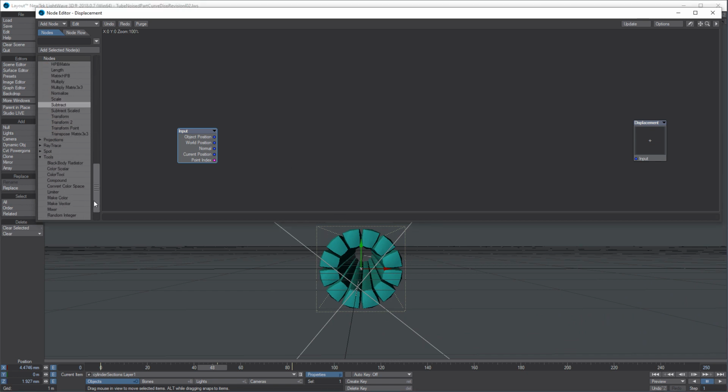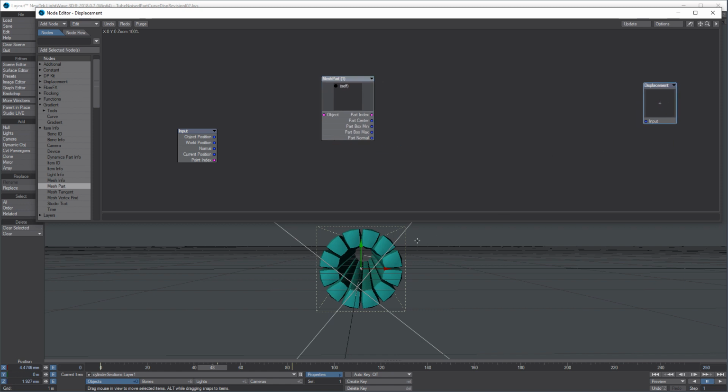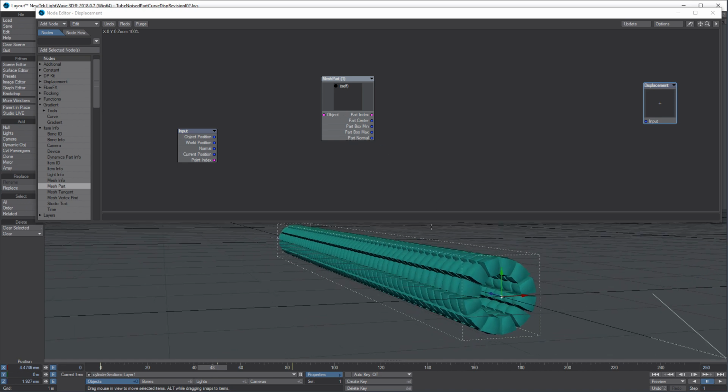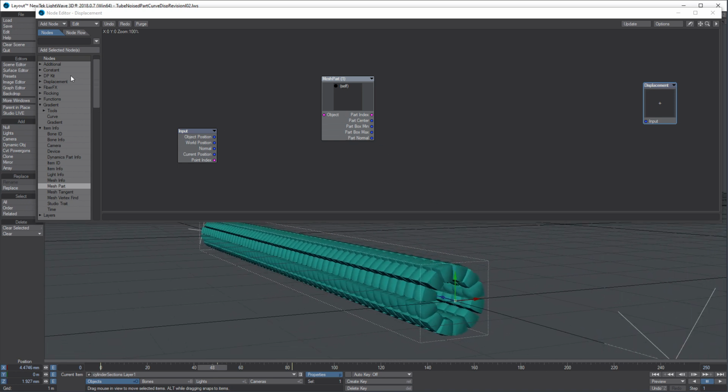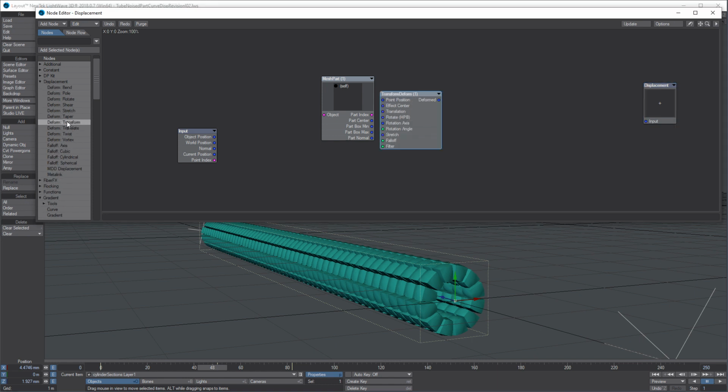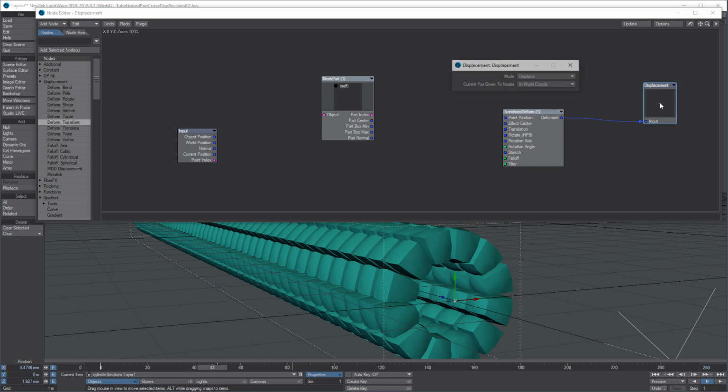And for this purpose, the best solution is, I guess, using the mesh part center info, because if we add part center position to every point in the mesh, then it will move pieces outward, but we may want to leave the z-axis out of the game, because we don't want to displace parts on the z-axis. So let's add a transform node, plug it into the input,